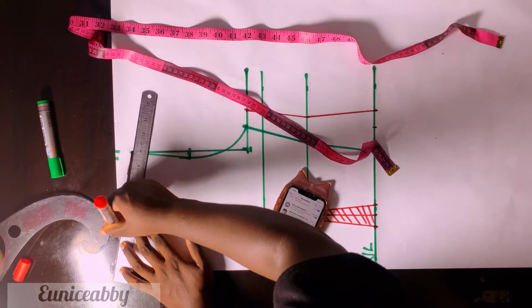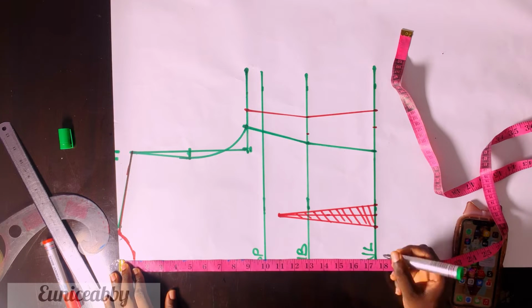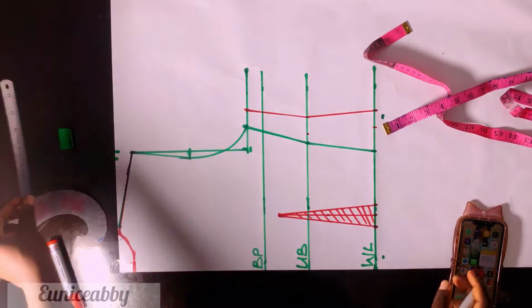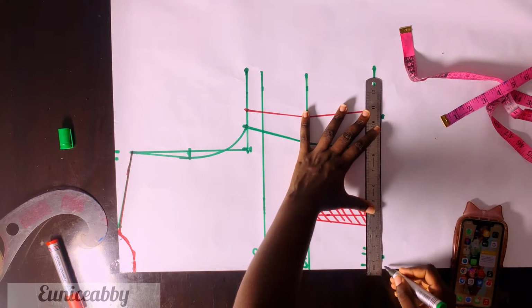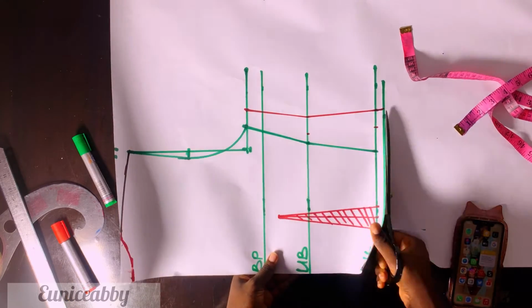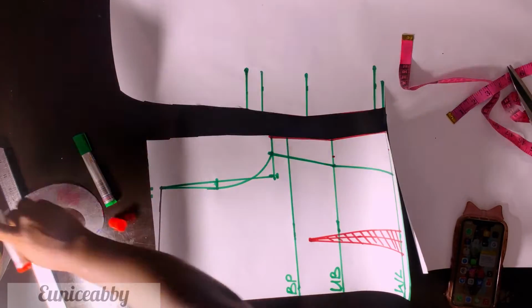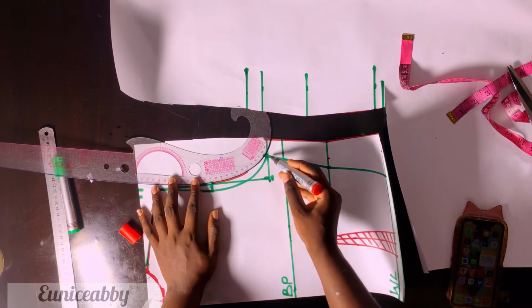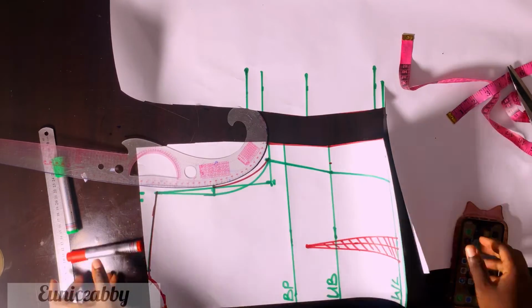Okay, after doing that, I'll proceed to add 1/2 inch seam allowance to the pattern. Okay, that is very important. So I'm going to go ahead to connect that into a straight line, and that will serve as my allowance. After that, I'm going to go ahead to cut out the pattern, but I realized that I had not put in my back armhole, and that's just to connect from that midpoint area to the point I connected to basically